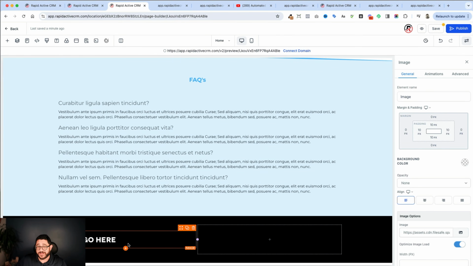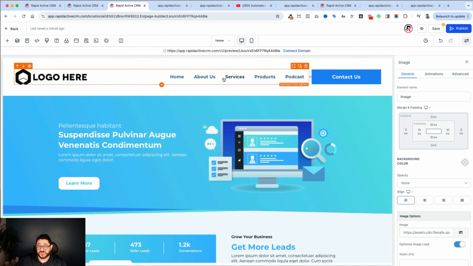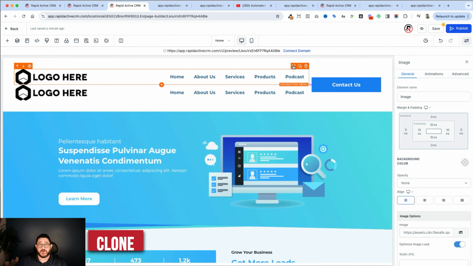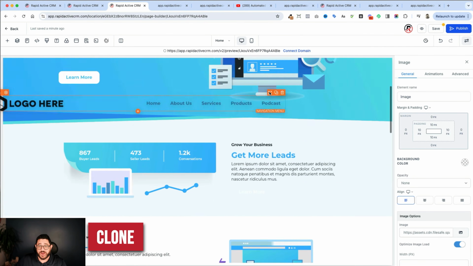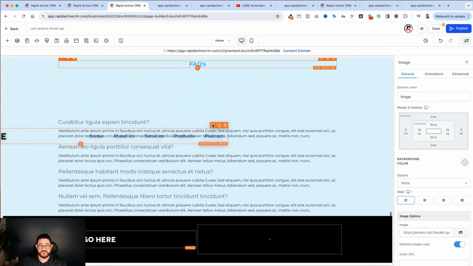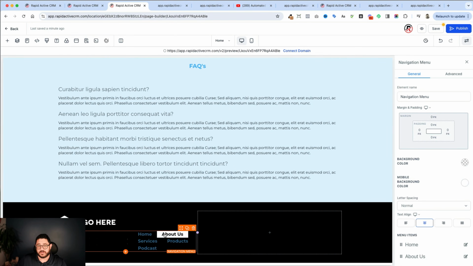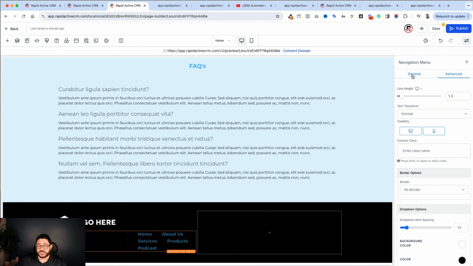So believe it or not, I'm just going to go up top since this is already built out, and I'm going to clone. I'm going to clone, and I'm going to drag this all the way down to my footer. That way I don't have to rebuild it again. And then I'm going to manipulate it from here. I'm going to get rid of my logo. So I just go into general,